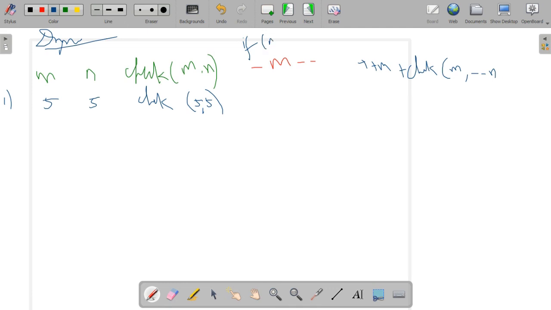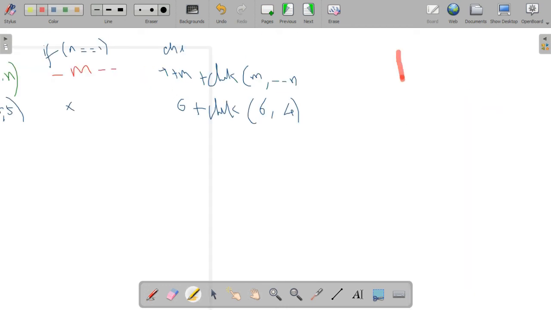Condition here, if n double equal to 1, it should return minus m minus minus. Here it is false, so it won't return. It will come here in the else part. Plus plus m. What is plus plus m? M was 5, so it is increased to 6 plus check of 6 comma minus minus n. So it is the value 4.